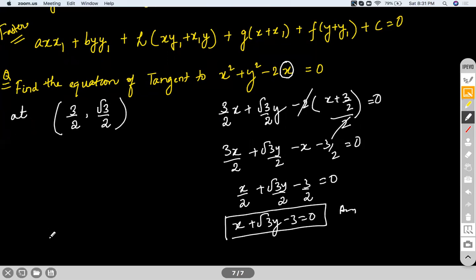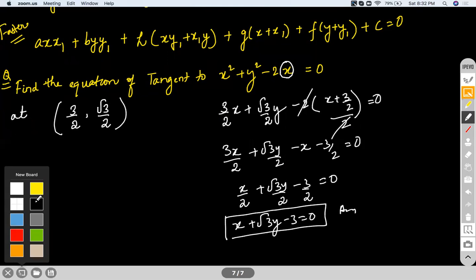Okay? Next concept. We were talking about different forms of the equation of a tangent, right? Now let's say,